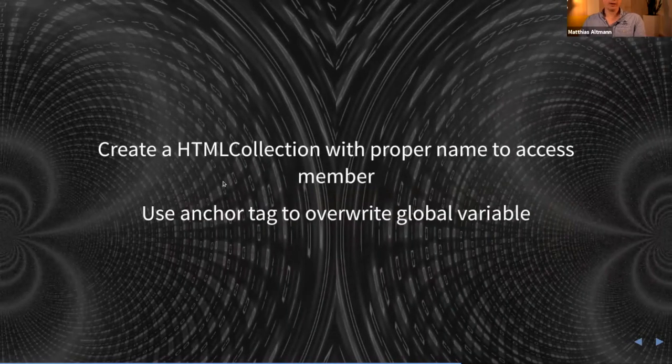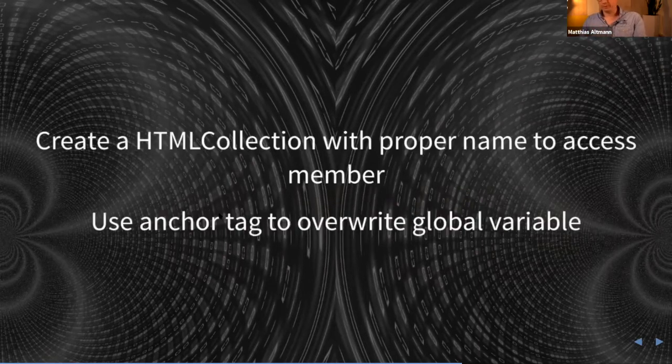So we will try to create an HTML collection with proper names to access this member, to overwrite, and this is the important thing here, to overwrite the original structure of the HTML page. This is where the name clobbering comes from. We are clobbering the stuff inside. And we use the anchor tag to overwrite the global variable at this point.